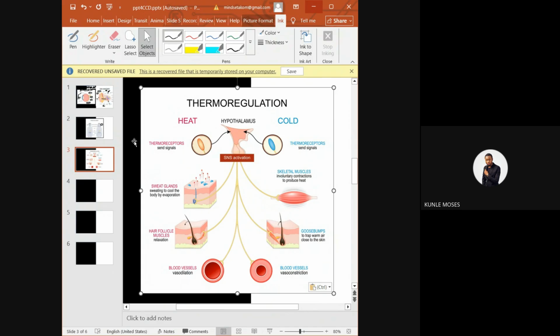The thermoregulation, the heat, the hypothalamus, the cold. You can see how the hypothalamus can help you to balance the heat and the cold in different instances or seasons. Maybe you are under AC, you went to a bank and you are feeling too cold. Probably you are a village girl, you are not used to AC. Your hypothalamus can ensure shivering. By shivering, you are able to produce more heat.